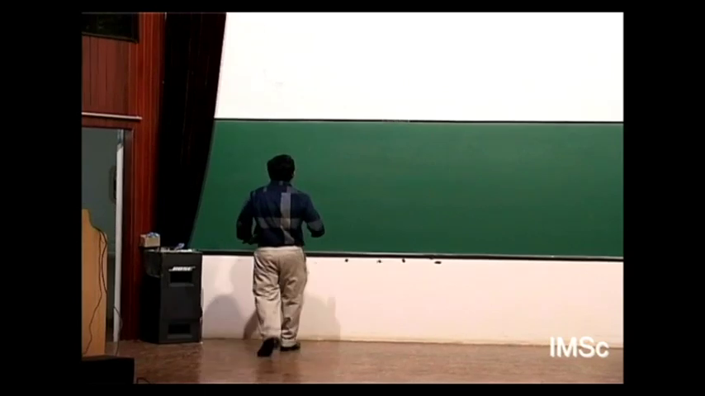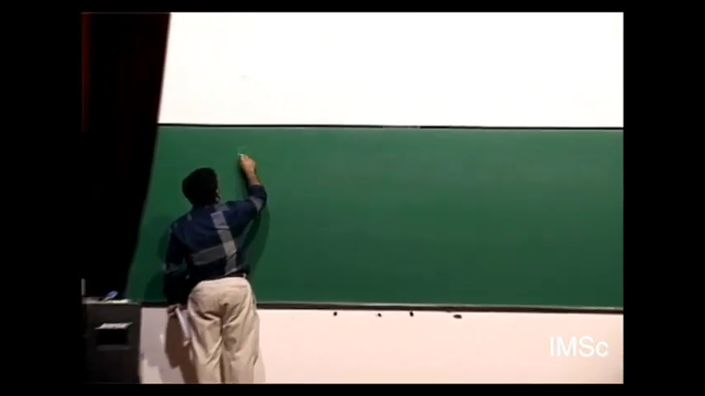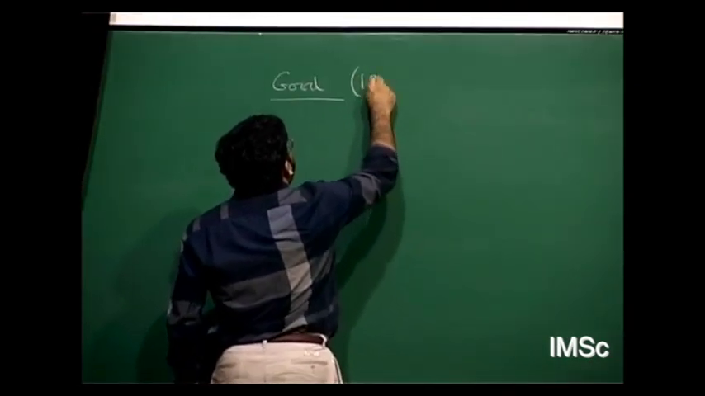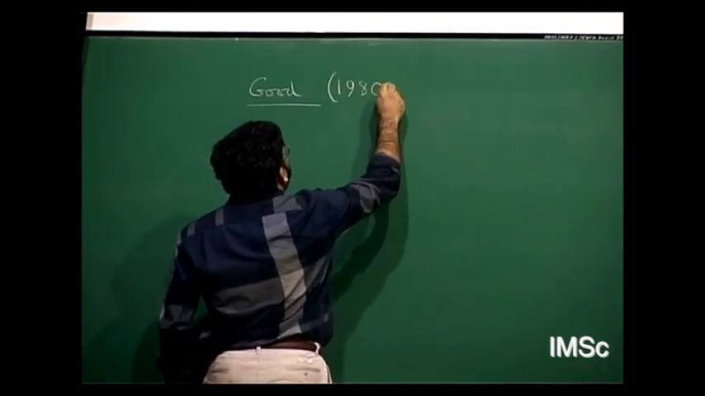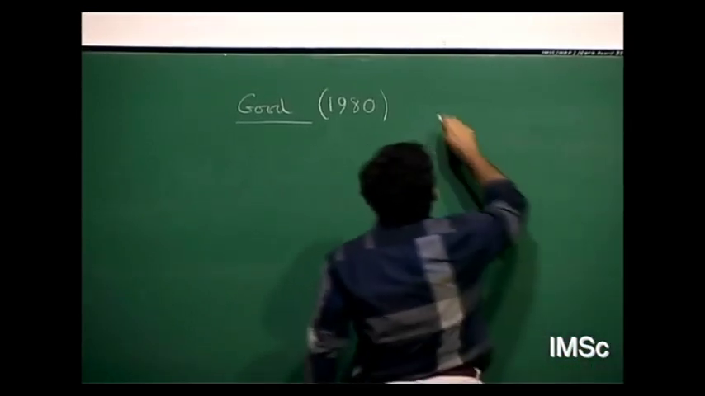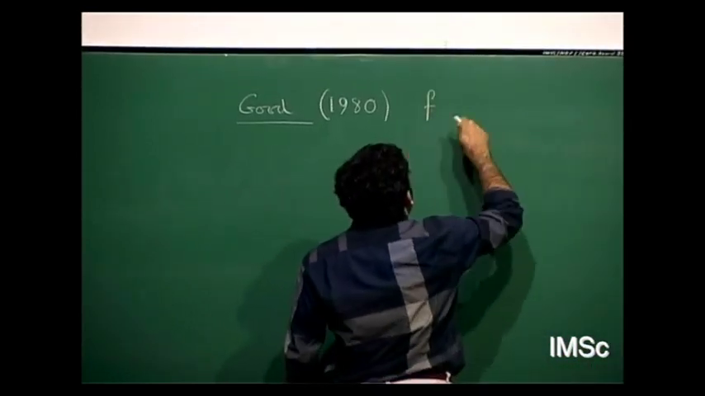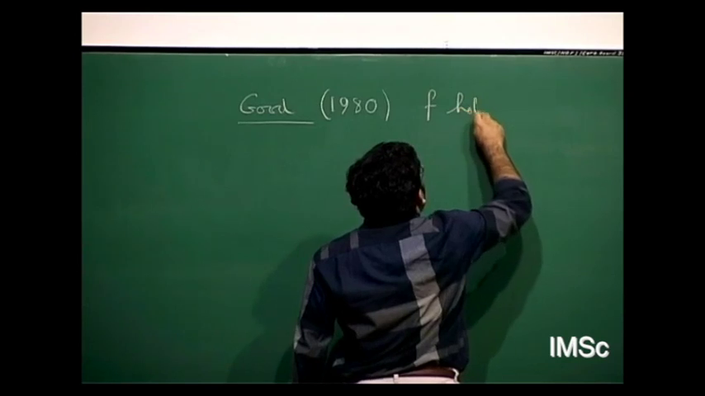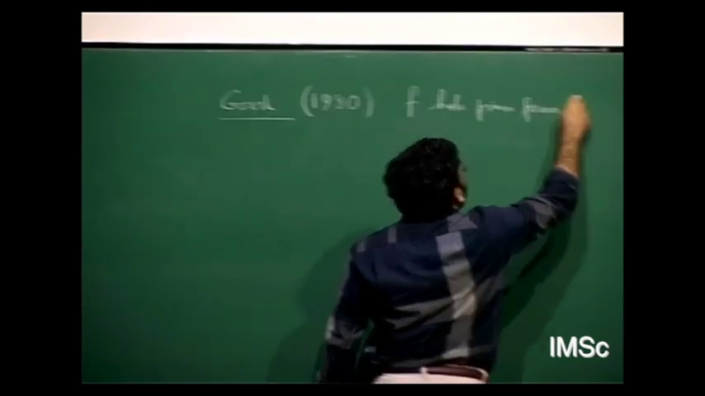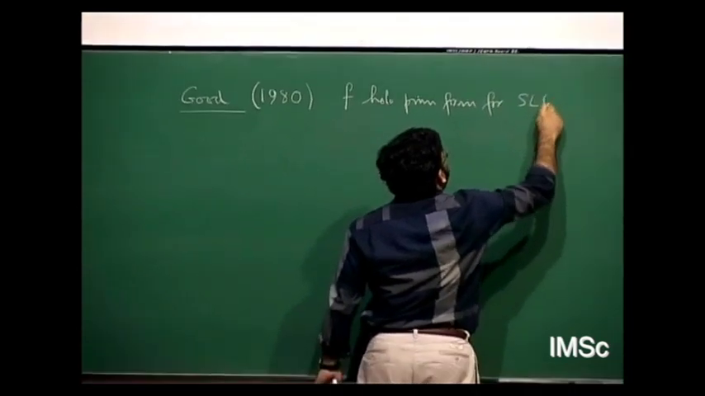Okay, so start by recalling the work of Anton Good, from 1980, probably 81. And so he considered a holomorphic primitive form for SL2Z,